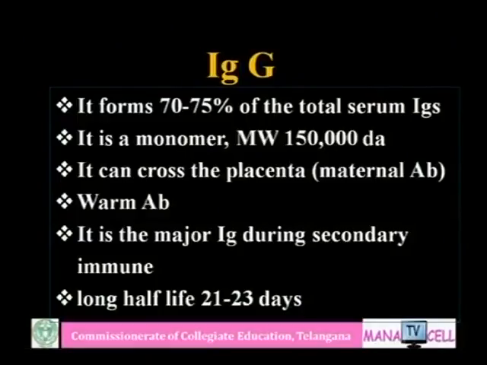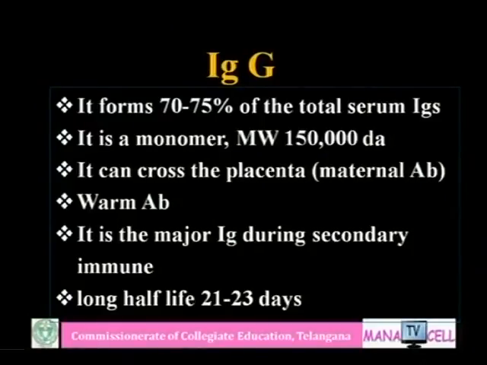The first one is the properties of the immunoglobulin G molecule, IgG or antibody G. Basically this antibody is present inside the serum, and sometimes also in the tissues, but in serum it occupies the major portion of the total antibodies, about 70 to 75%. It exists as a monomer, with a molecular weight of about 150,000 Daltons. It can cross the placenta,